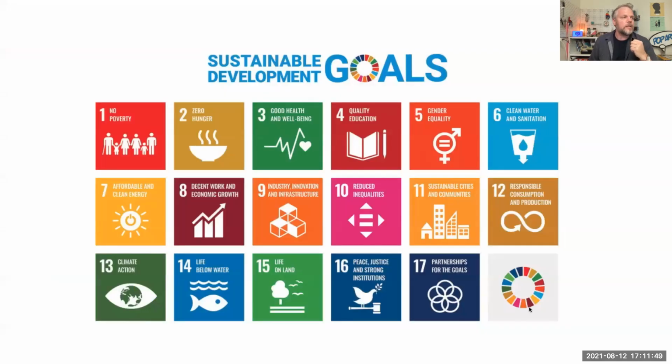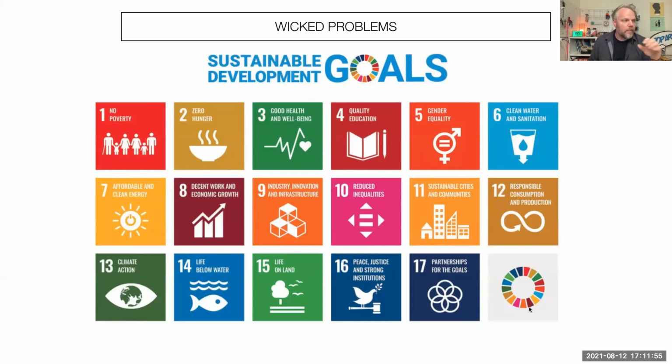The other element is we're always talking about the Sustainable Development Goals, the UN Sustainable Development Goals, and they're amazing, ambitious goals that we have to work towards. They're wicked problems, as we say in design. They're challenging, very complicated. And I think it's important, again, to have a challenge, something that is bigger than you are, that gets you around these ideas, working hard towards them.